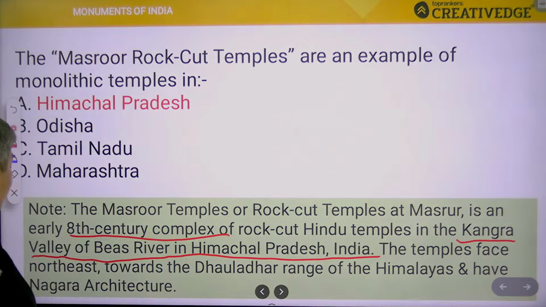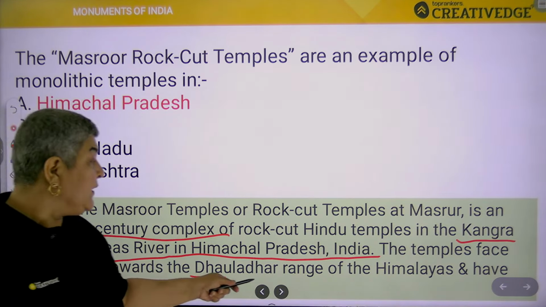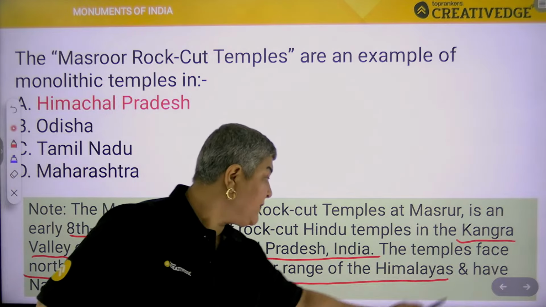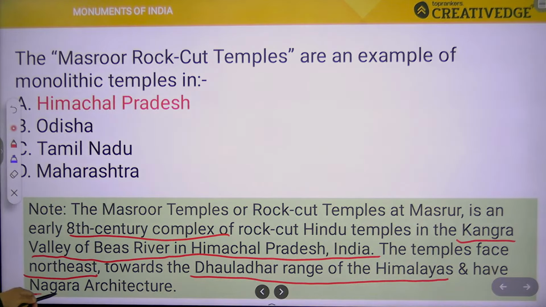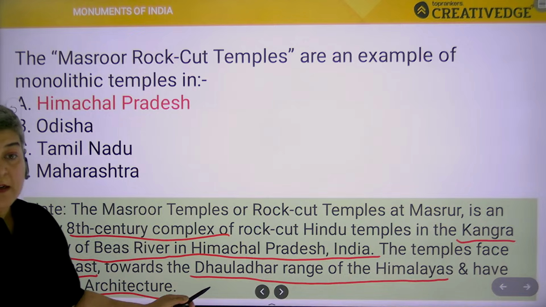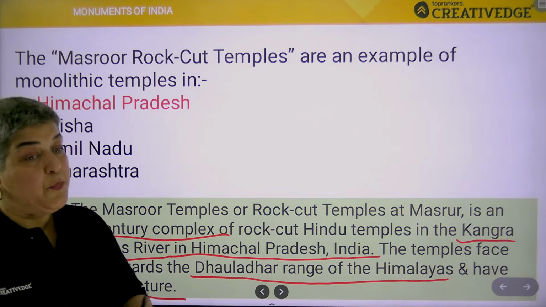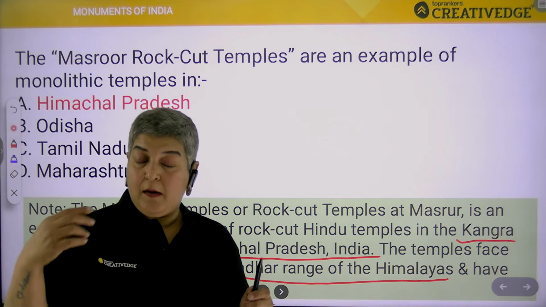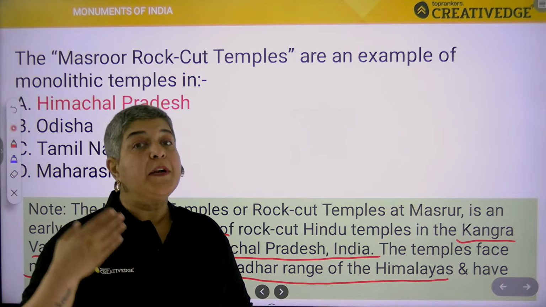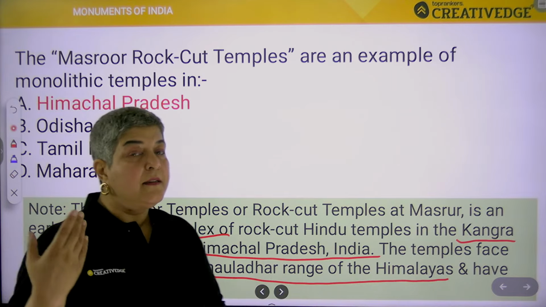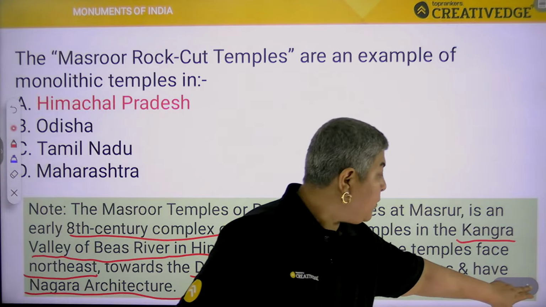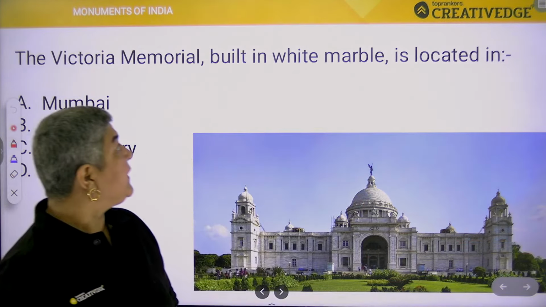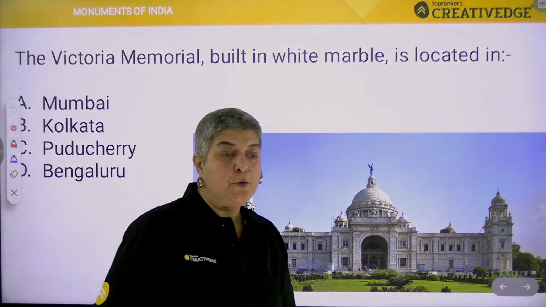The temples face northeast towards the Dhauladhar range of the Himalayas and have Nagara architecture. Guys, जो जो चीजें हमारे लिए important हैं वो चीजें मैं अंडरलाइन करती जा रही हूँ, सो दैट यू रिमेंबर एंड रिकलेक्ट क्या चीज हमें पढ़नी है। ओके, चलिए आगे बढ़ते हैं।